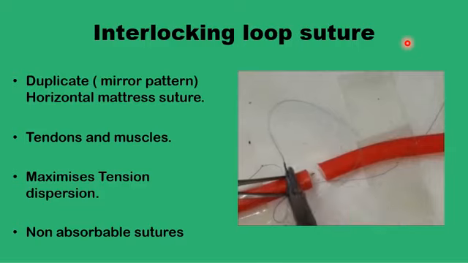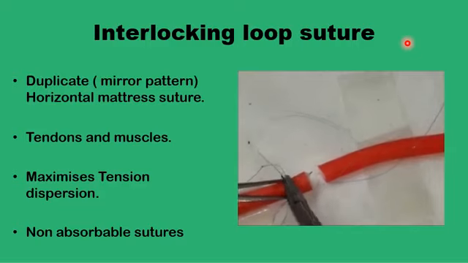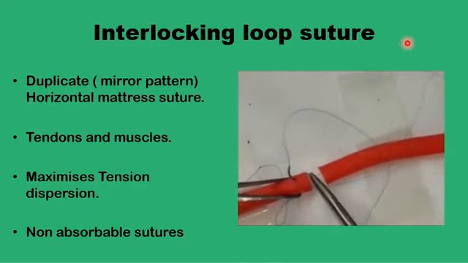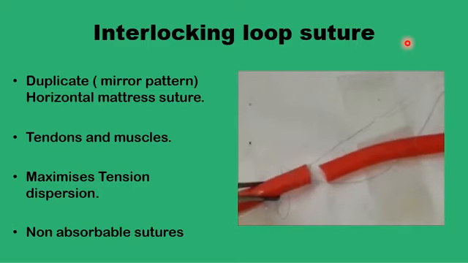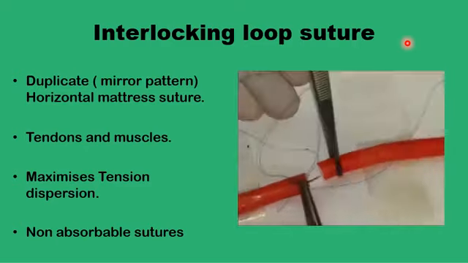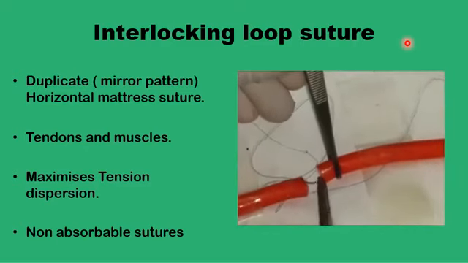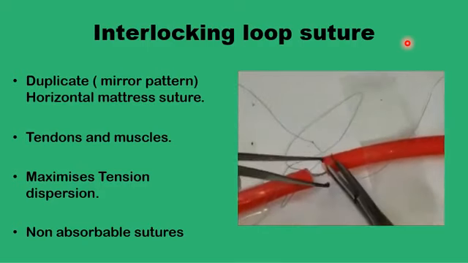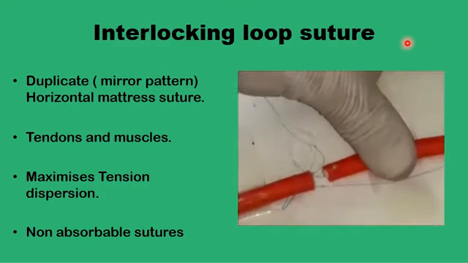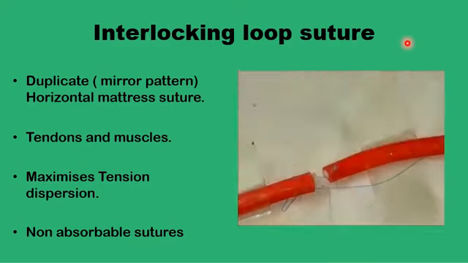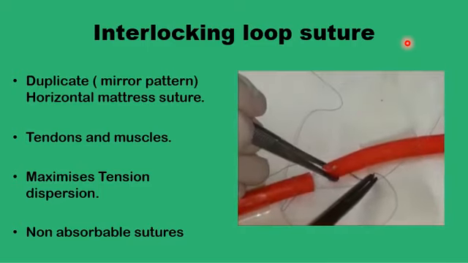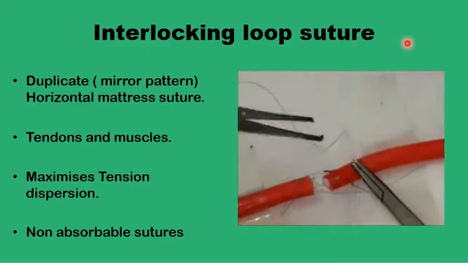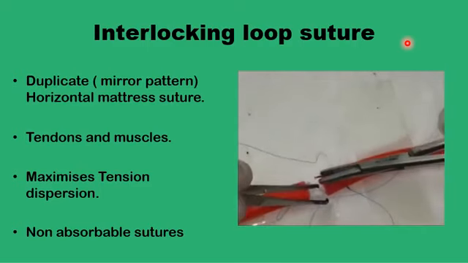You pass from the near side deeper into the tendon, and then go through the tendon tissues to the far side, come out from the cut end of the tendon, and that's one horizontal matrix suture. Then you go to the other end of the tendon, the other cut end, and again from the cut end to the outside, this time on the near side,